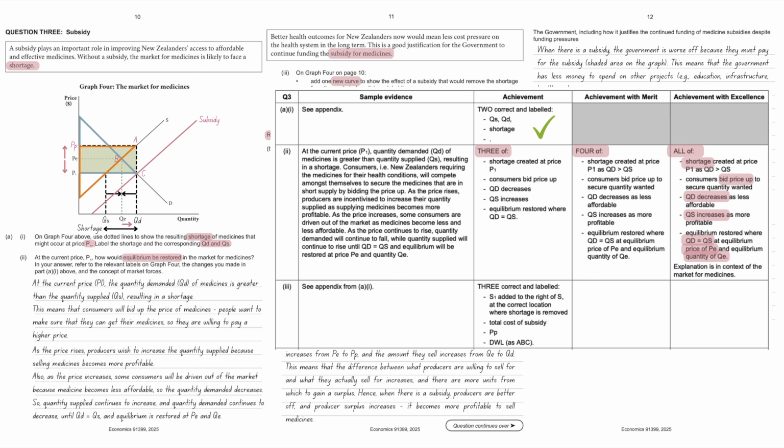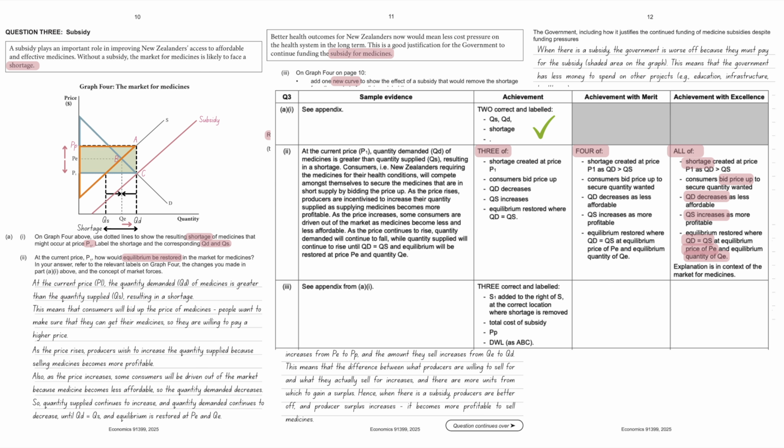Demand and supply refers to something else. It refers to the demand curve and the supply curve, whereas quantity demanded and quantity supplied refers to where those curves hit the quantity axis. So those are 2 separate things. Make sure if you're talking about how quantity changes on the axis, then you talk about quantity demanded and